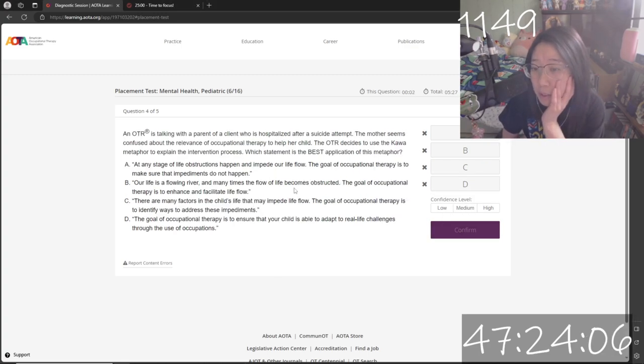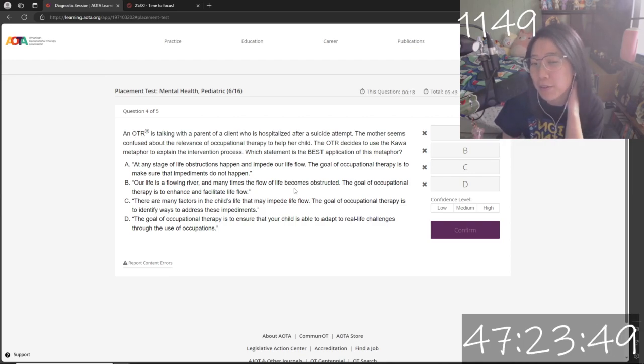An OTR is talking with the parent of a client who was hospitalized after a suicide attempt. The mother seems confused about the relevance of OT to help support her child. The Kawa metaphor to explain the intervention process. I remember this stupid metaphor. This metaphor was about